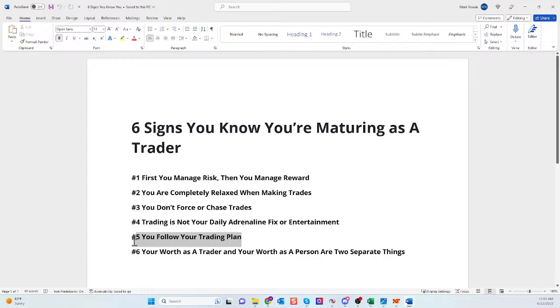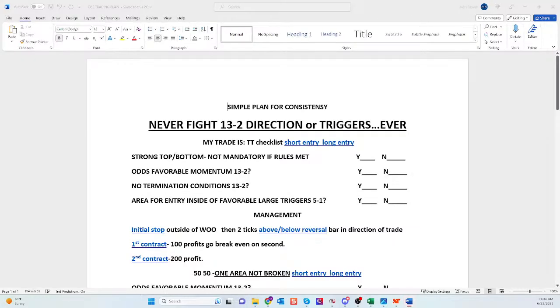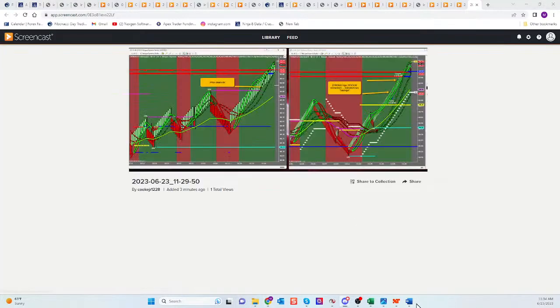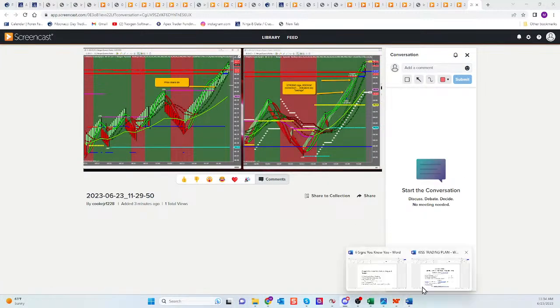This is the biggest one. You follow your plan. Guys, if you don't have a plan written down, you don't have a plan. But Mark, I'm brand new. How am I supposed to have a plan? Let me give you one. Let me give you something to follow until you can write your own plan, until your education puts you in a spot where you're really comfortable with everything, where you can create your own opportunities.